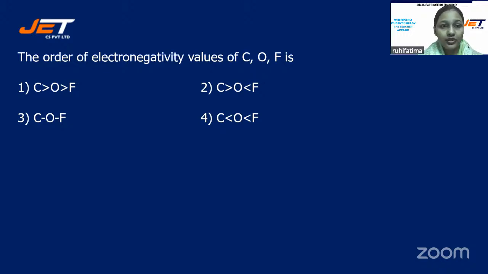Hurry up, students. You have to tell the order of electronegativity values. You have only 20 seconds, students. The order of electronegativity values of carbon, oxygen, and fluorine is